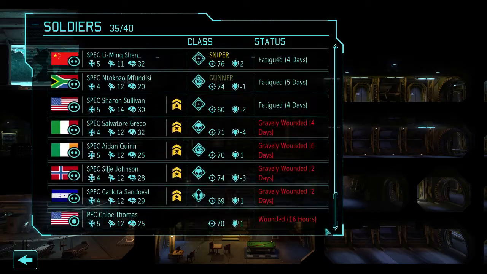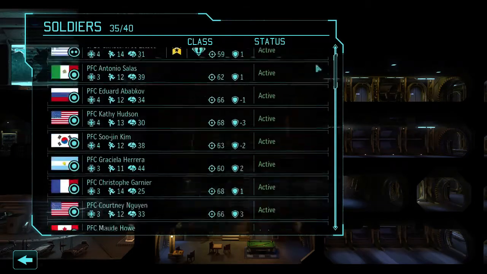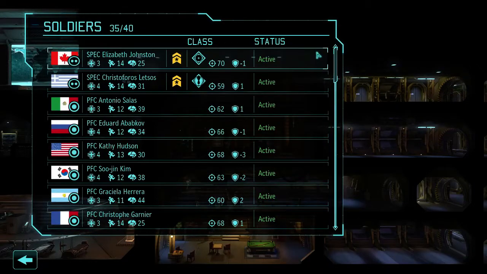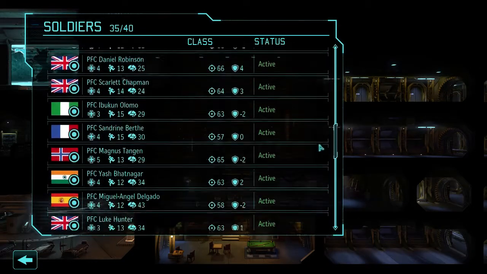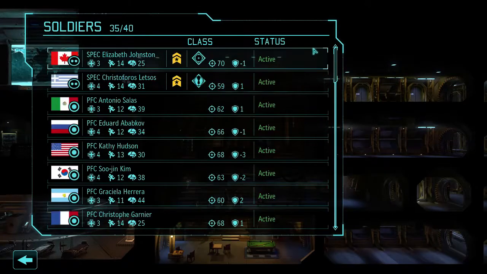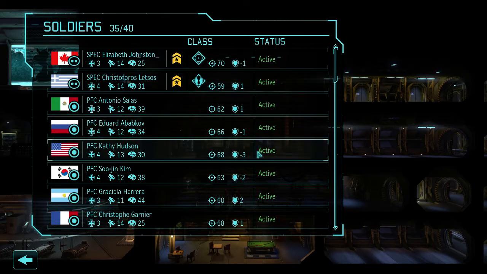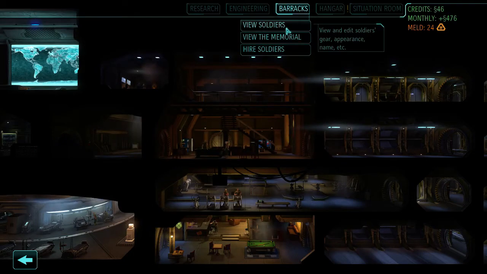Christophoros. Do I want a command or do I want... What's his willpower? His willpower's not bad. Movement, health. I may have to take another command. Yeah, look at his low aim. You want a decent base aim for